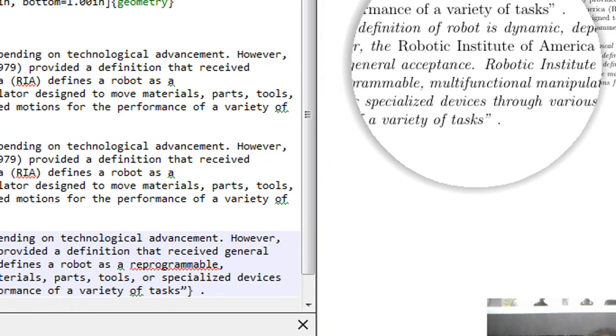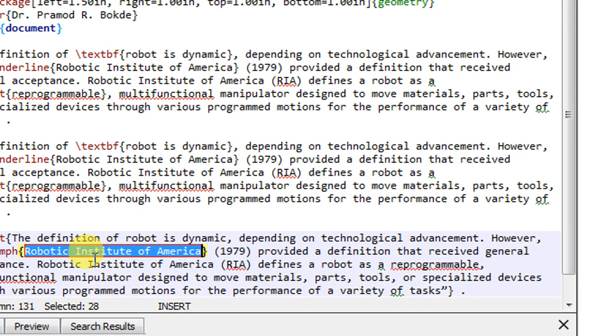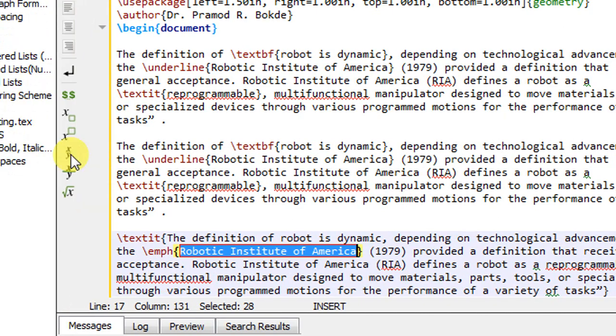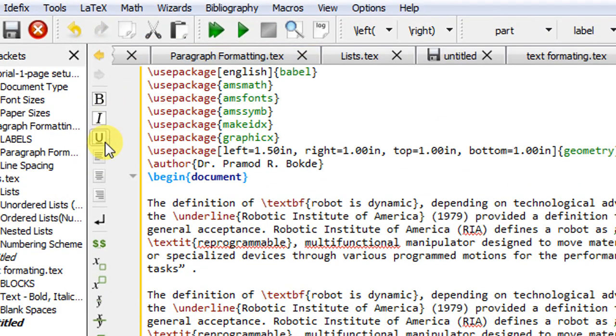That means the difference between italics and emphasized is this: the emphasized command will give you italics inside normal text, and if your remaining text is normal, the emphasized text will be italics, and if your remaining text is italics, the emphasized word will be normal. So that is the difference. So this is all about bold, italics and underline.